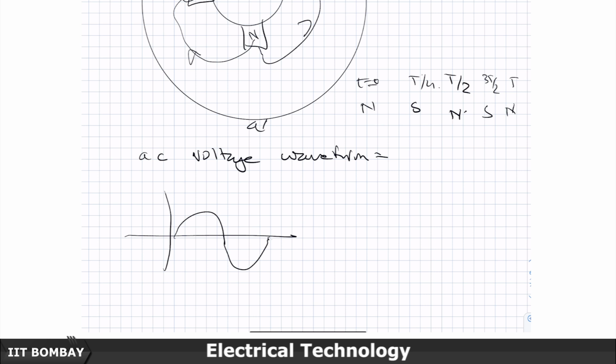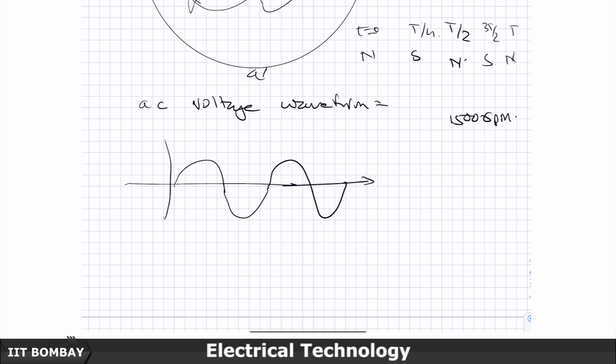So, you will get a multiplier effect of twice in this one pole rotation. So, therefore, if this machine was rotating at 1500 rpm, then you would still get a 50,